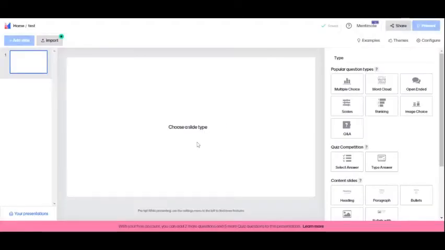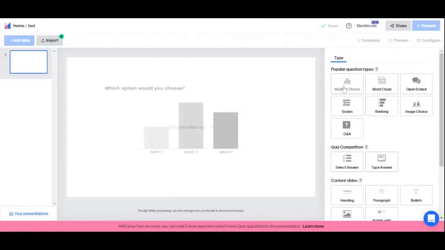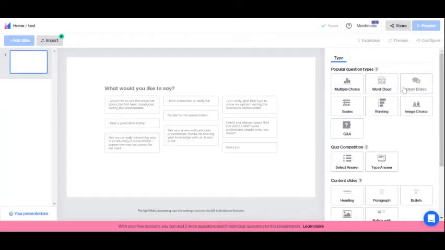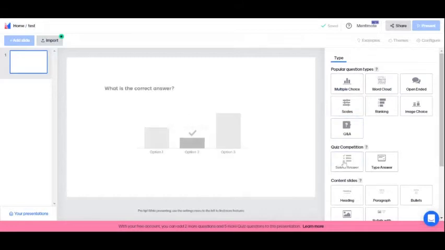And we have two uses for Mentimeter. One is to ask poll questions, like which we use in Zoom, or you can also create a quiz competition. So here are the different poll questions which we can give. In a poll question, we can just see the results of the participants who are there. But in a quiz competition, we can give the correct answer and we can see who has given the correct answer in that particular thing.